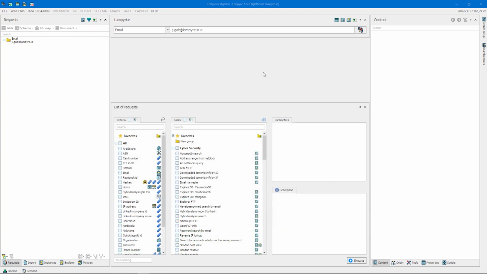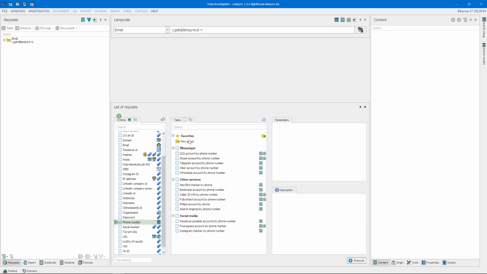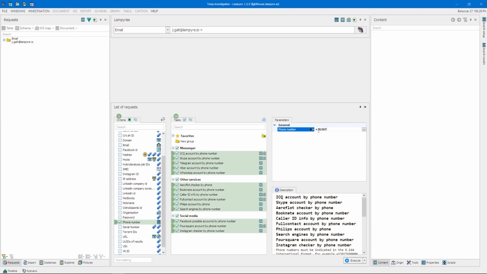The next improvement in the list of requests and Lamparize windows has probably already caught your eye. Now you actually see the amount of photons you're going to spend for each request that you launch. Helps to save your photons and keeps you from launching unnecessary requests, and in the end, improves your work and your outcome because you focus only on relevant stuff.